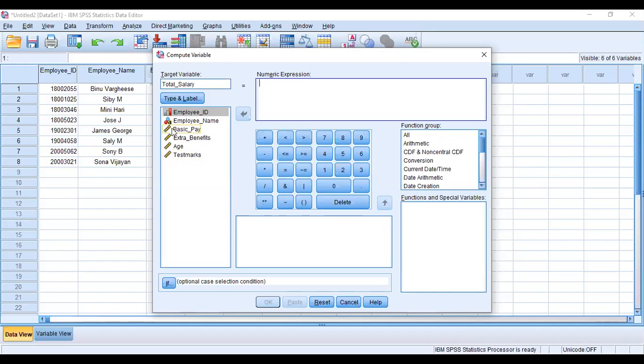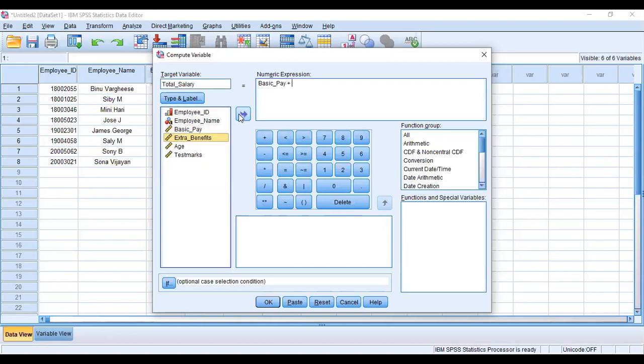What is the formula for calculating total salary? Basic pay plus extra benefit. So we need to move basic pay using the arrow icon. Then we give the plus sign, basic pay plus extra benefit.